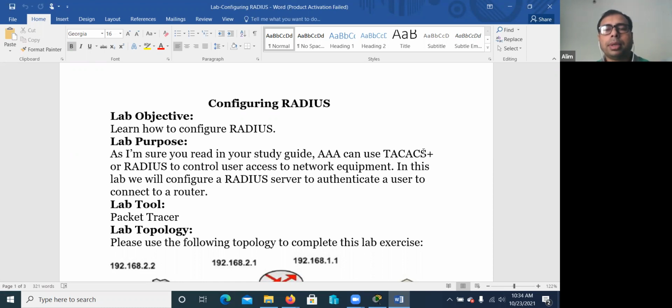It is AAA server: authentication, authorization, and accounting. The first A is authentication. Authentication means you prove who you are. By providing a password, for example, we prove that we are who we